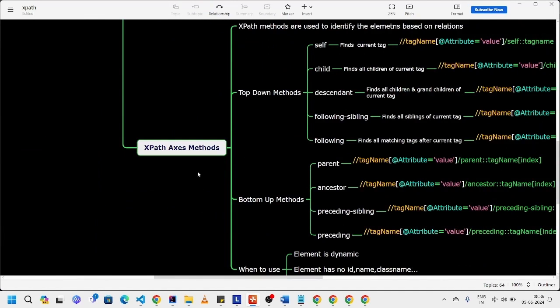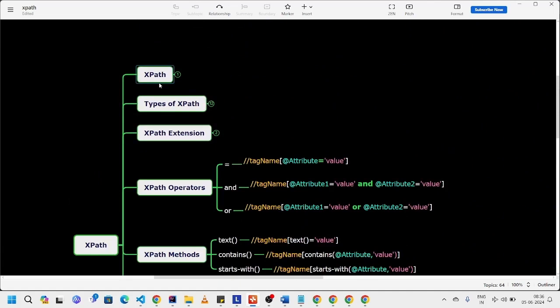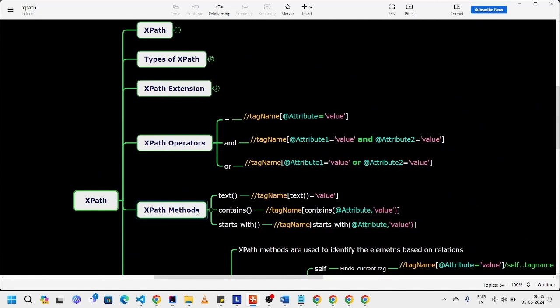Now we are done with XPath. Okay, what is XPath, types of XPath and XPath extensions, XPath operators, XPath methods, and